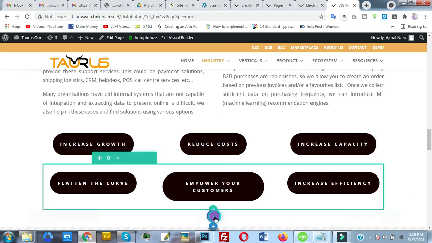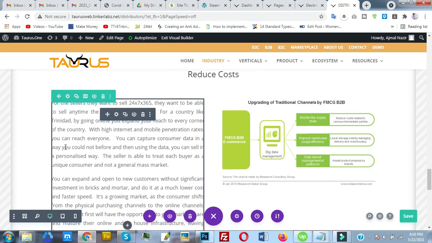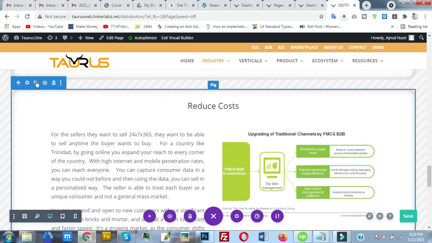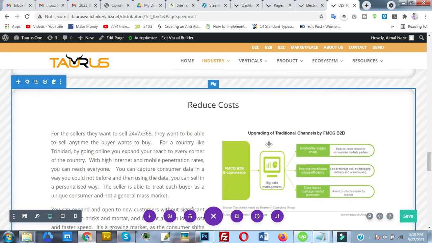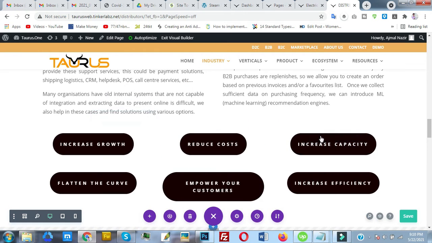Okay, and we want to add another one. So let's duplicate this, and I make it for this button, increase capacity.